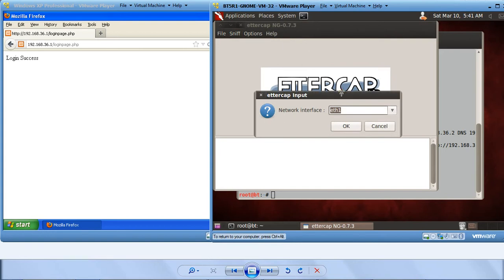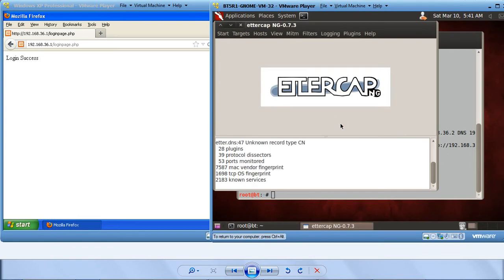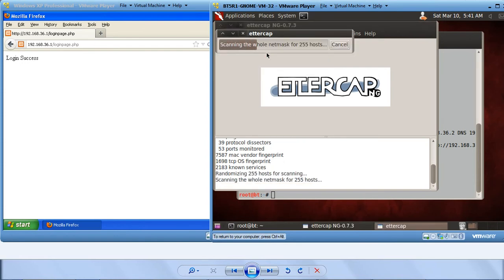Again, it asks you for the network interface. You can check this by using the command called ifconfig. Click on OK. Then you go to hosts and scan for the hosts on the network.